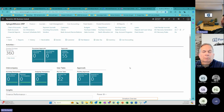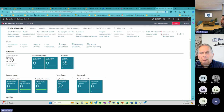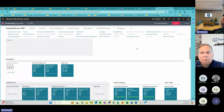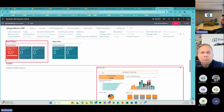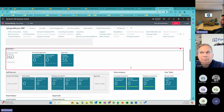After I've applied a role to a user, one of the benefits of Business Central is I can personalize a page. So on any given page, I can come in and I can hide stuff or I can show stuff. So I've just gone into personalization mode, and maybe I want to see this email status, so I'll show it. Or maybe I want to hide some of these actions up here. I can hide those. And I could also move things around. If I want to drag these and move them and reorganize the structure of this page, I can do that